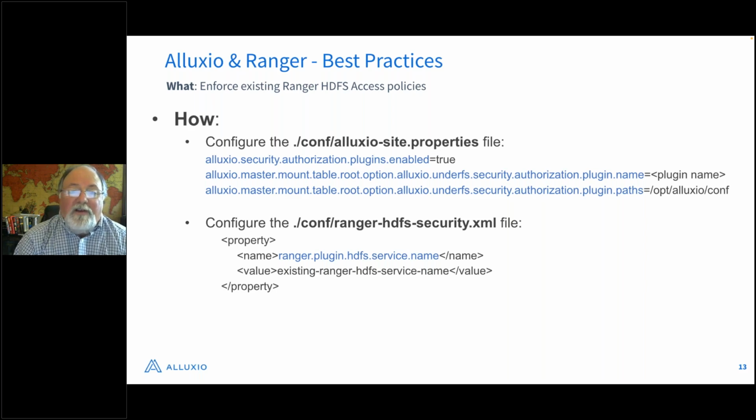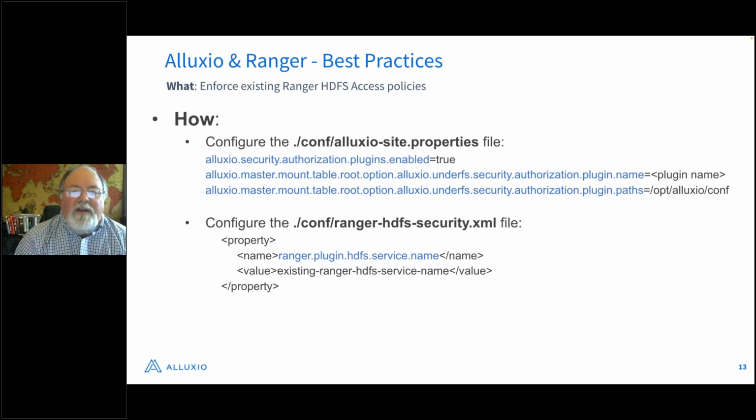By default, it's going to look in the conf directory, but you can put it elsewhere if you need to. You also have to tell Alluxio what version of the plugin to use, because there are different versions that come with HDP versus Cloudera versus Privacera versus the standard open source version. And we support a ton of different versions, and I can give you those details later on if you need them.